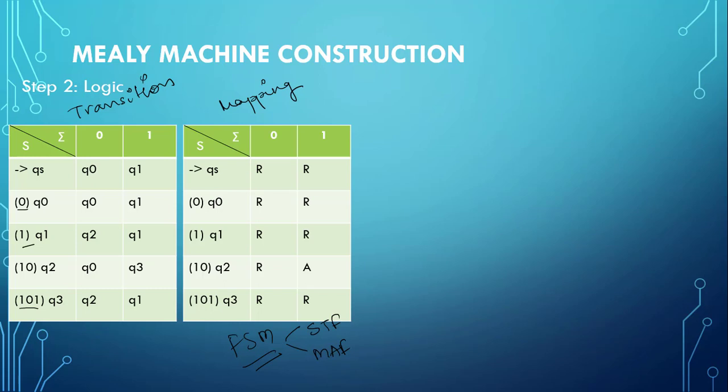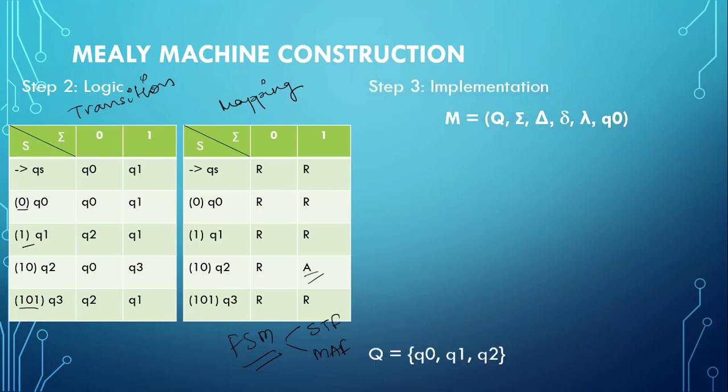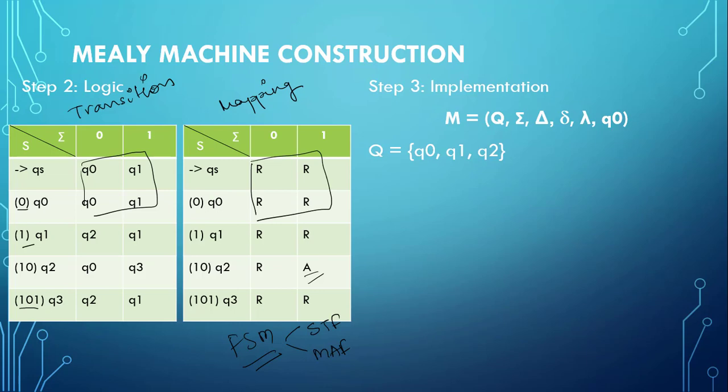So we will have only one place, one cell having A getting printed, and all the rest will have R as the output printed. Now from this we can clearly see that QS and Q0 can get merged because the transitions and the output symbols are the same, right? So we will merge these two states and create it as Q0.